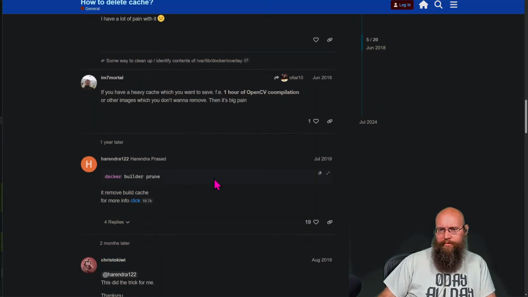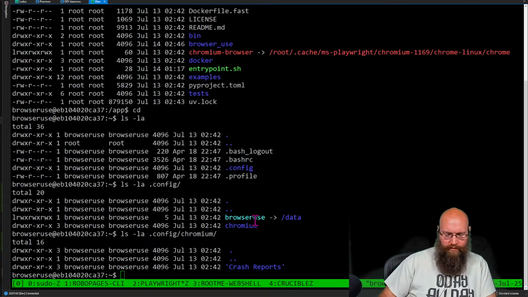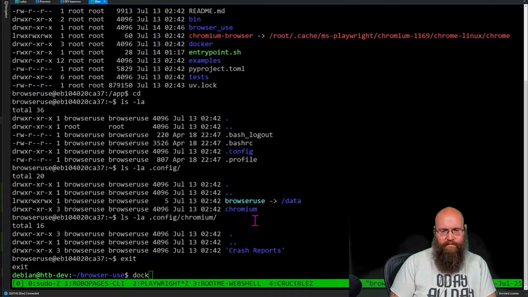Docker builder prune. This is from 2019. I don't know if that actually still works. Let me exit out of this.